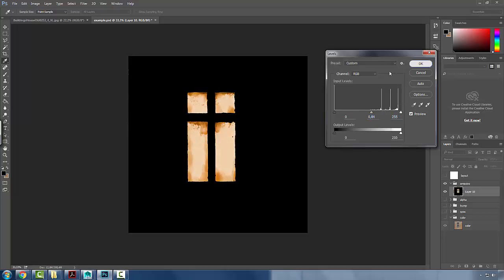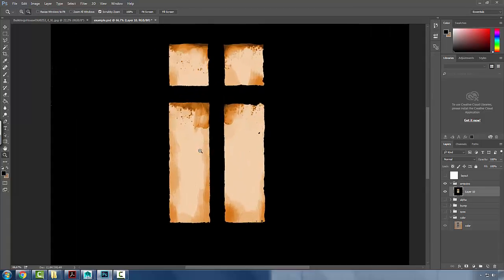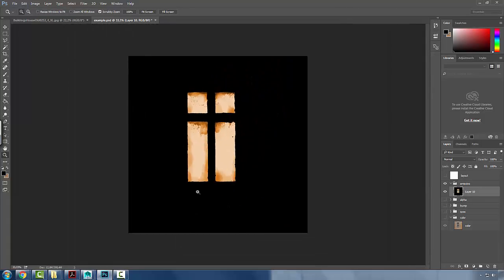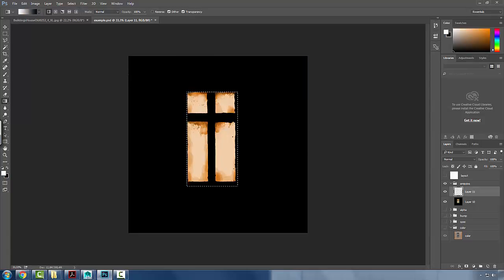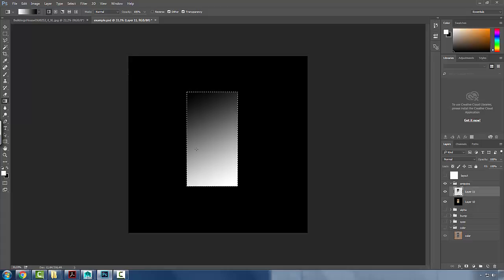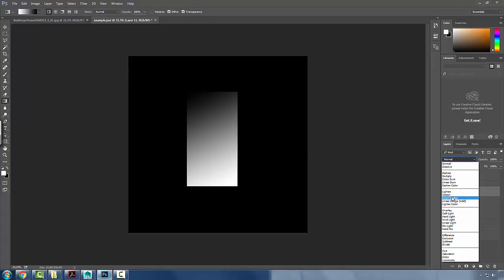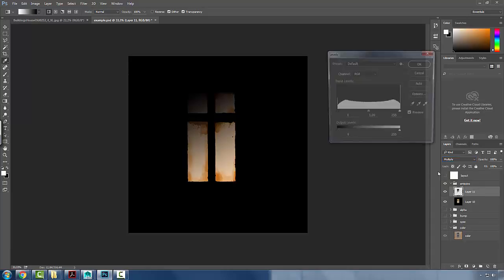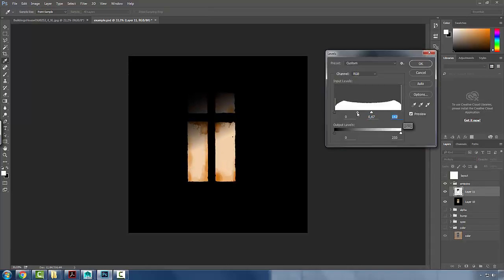But the glow map, or the emissive map, is only going to be as interesting as you can make it in Photoshop. Maybe let's try to add some directionality to the light. I'm going to do a gradient, just go from black to white, and just go like that, to add some directionality. And I will multiply that down, and I can play around with the levels for that gradient. So you see now there seems to be some sort of light source that's coming from somewhere within the scene,